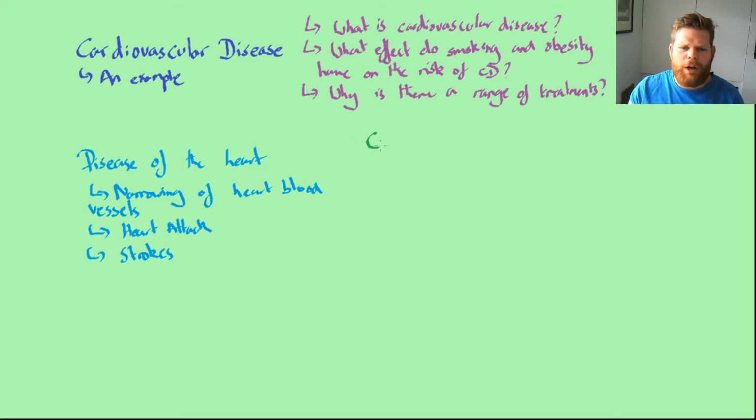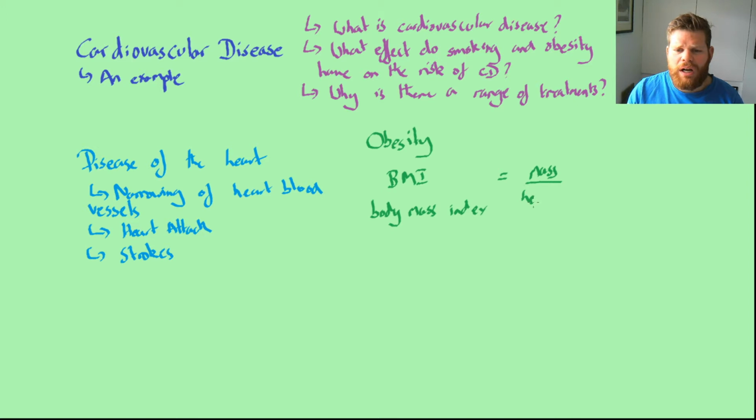Well, if we're talking about obesity, what does it mean to be obese? The way in which doctors assign whether people are obese or not is using something called BMI. If we look at how to calculate BMI, it gives us an indication of whether somebody is obese or not. So, your BMI, which stands for body mass index, equals your mass divided by your height